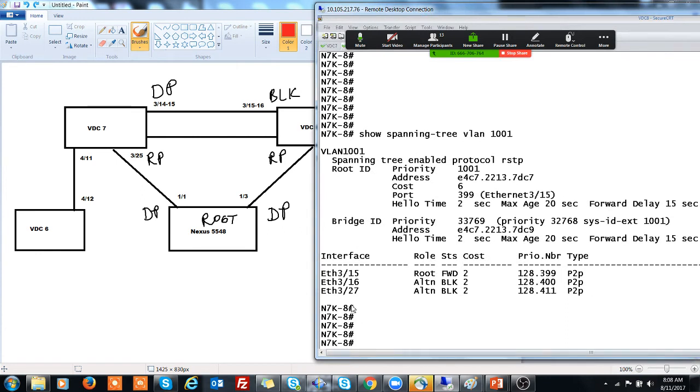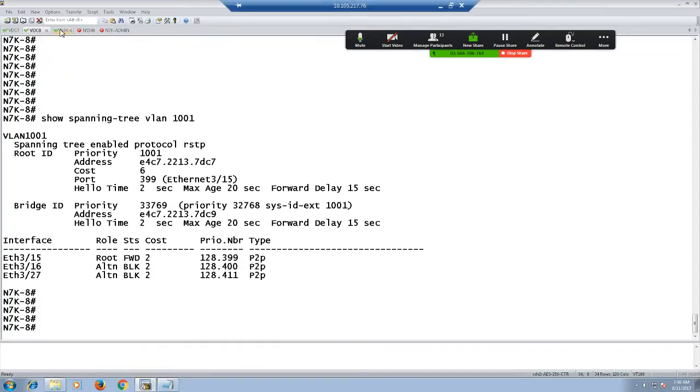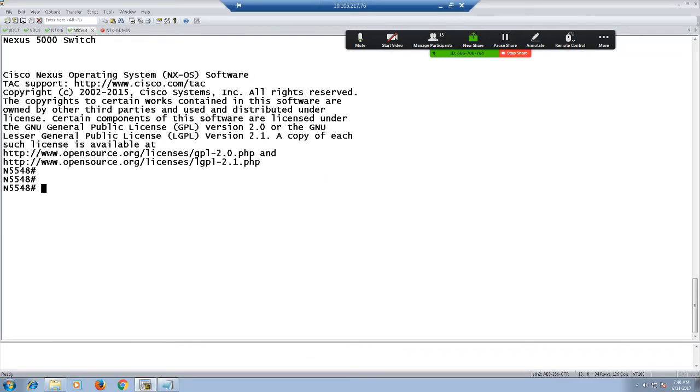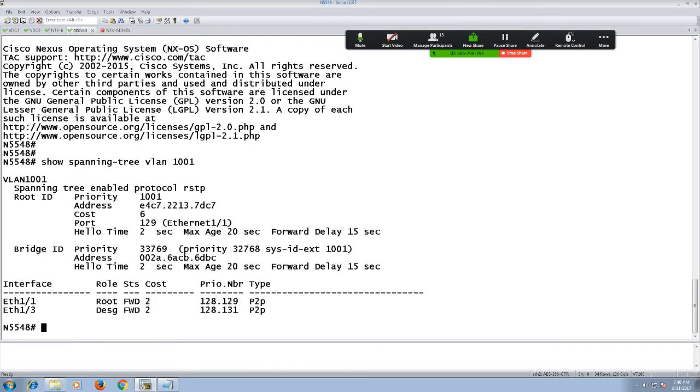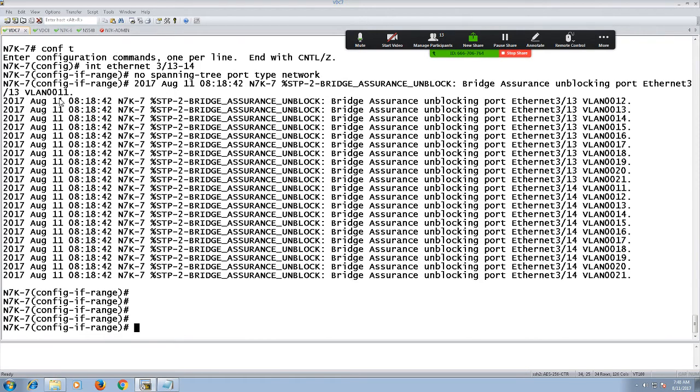Right now it is in blocking status. I don't know who is the root. Let me see who is the root in this whole environment. Is this the 5548? Show spanning-tree for VLAN 1001. No, I guess this is not the root device. The root must be VDC number 7, I guess.